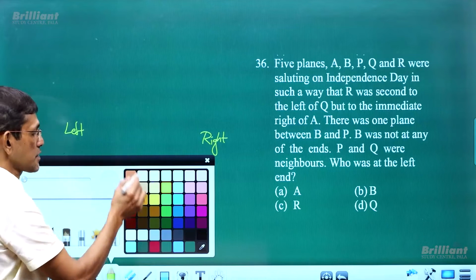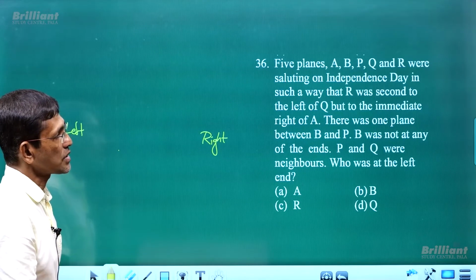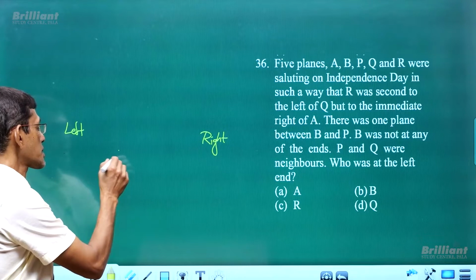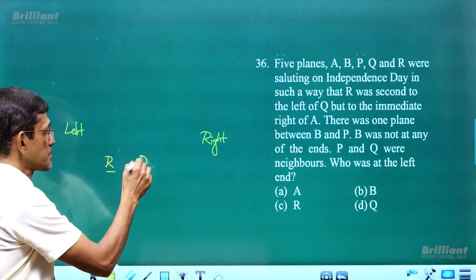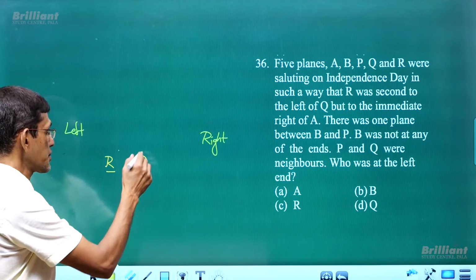And what are the conditions given? 5 planes were saluting on Independence Day in such a way that R was second to the left of Q. So R is where? Second to the left of Q. So where is Q? Q is here. Second to the left. Well, let's say Q is at the position,